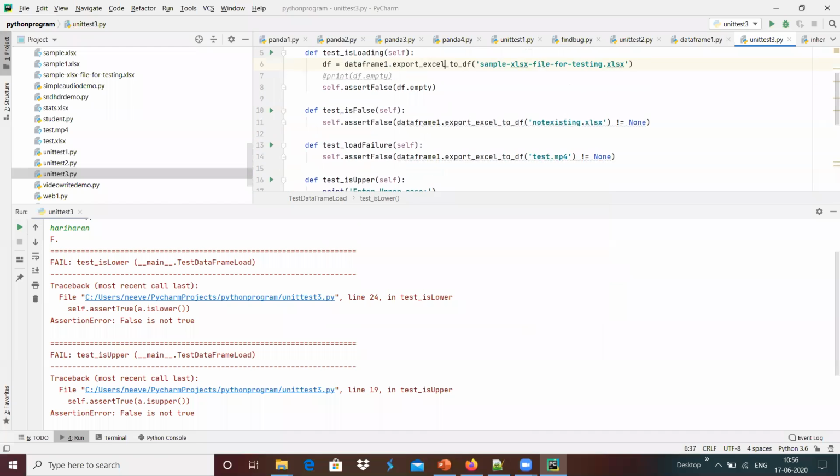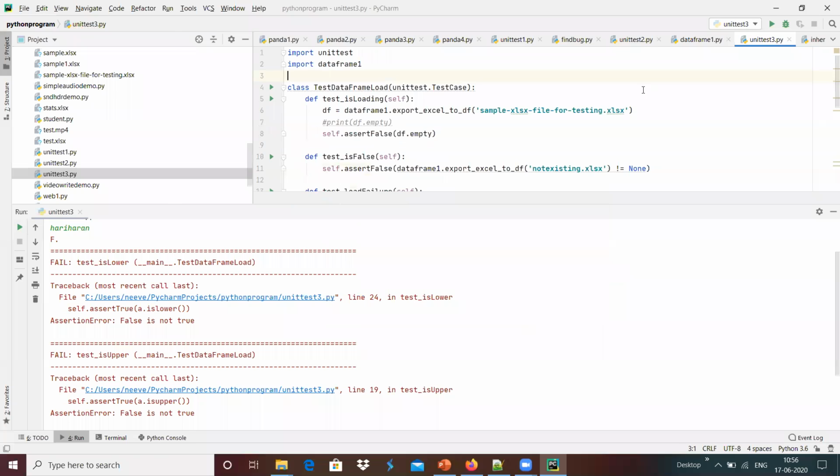Maybe I'm going to define 2 dictionaries over here.